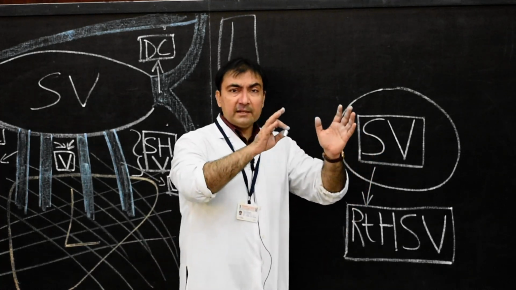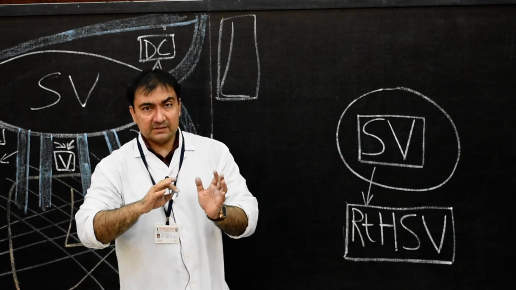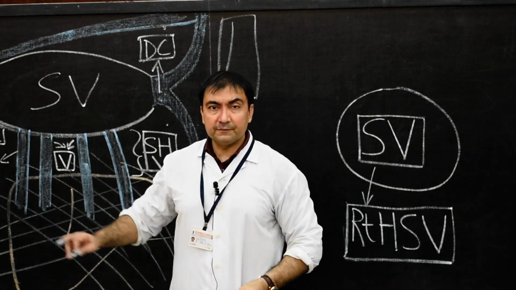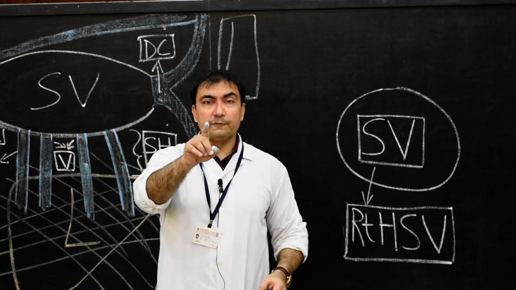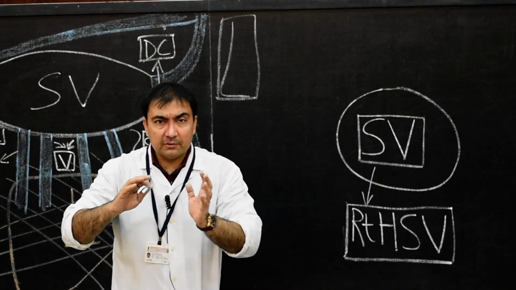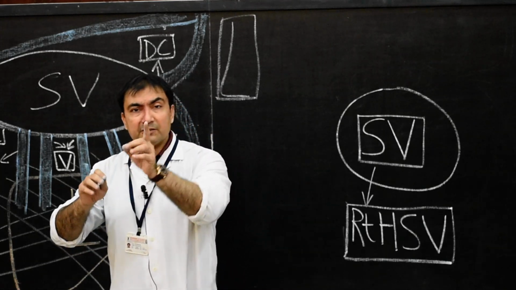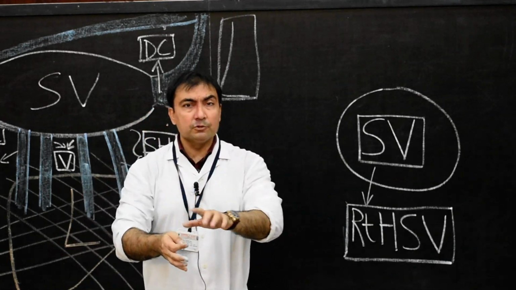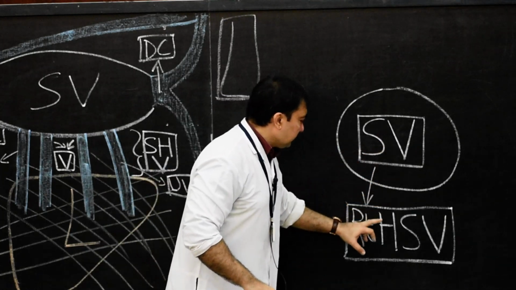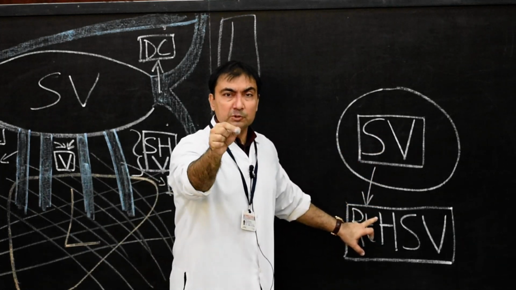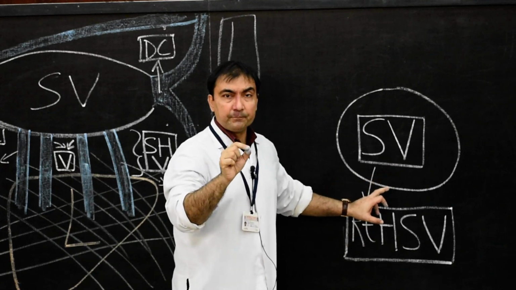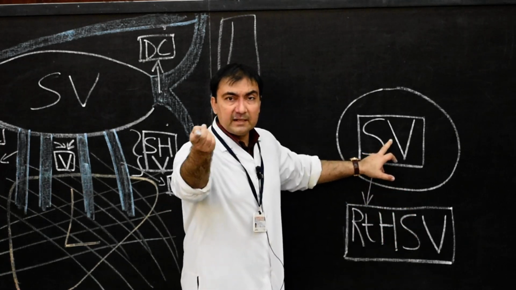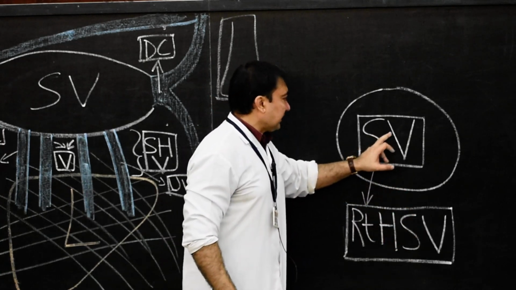Because we know that the entire blood from the sinus venosus will be pushed into the right side of the primitive atrium because of the development of the second point, that was sinoatrial fold. As maximum blood is reaching on the right side of the primitive atrium from sinus venosus, the right horn of sinus venosus will develop into sinus venarum, that will be the smooth posterior wall of right atrium. And therefore we have to write that the right horn of sinus venosus will further differentiate into sinus venarum.